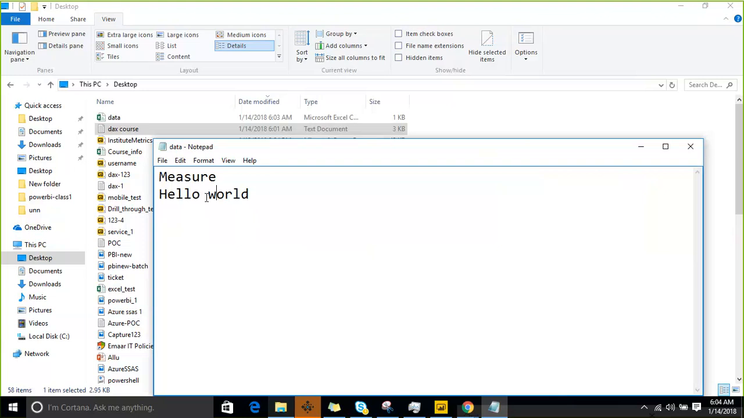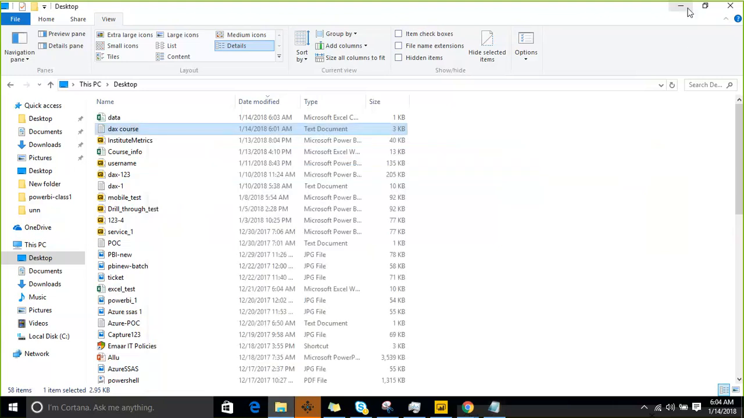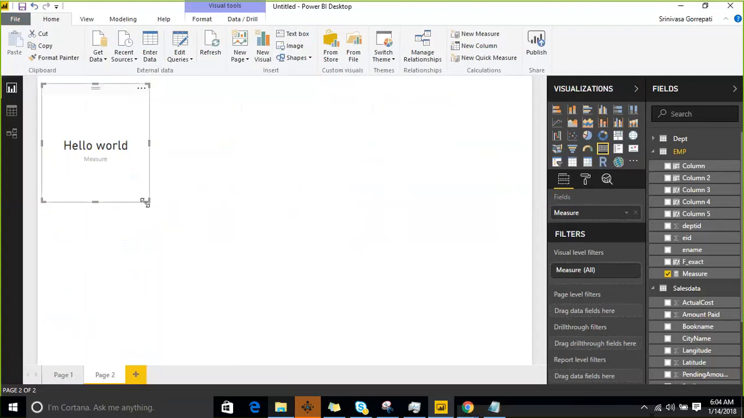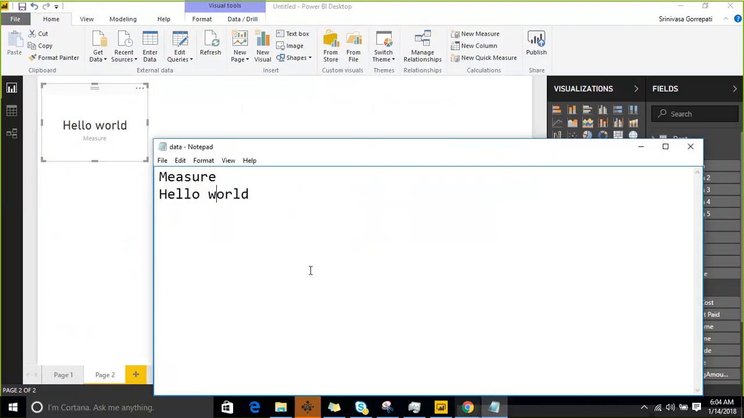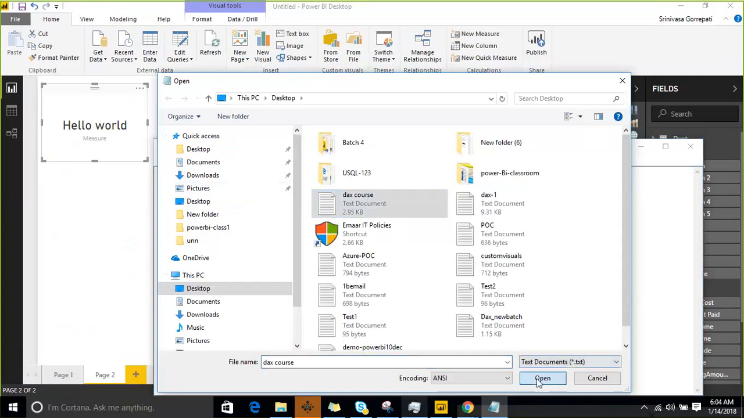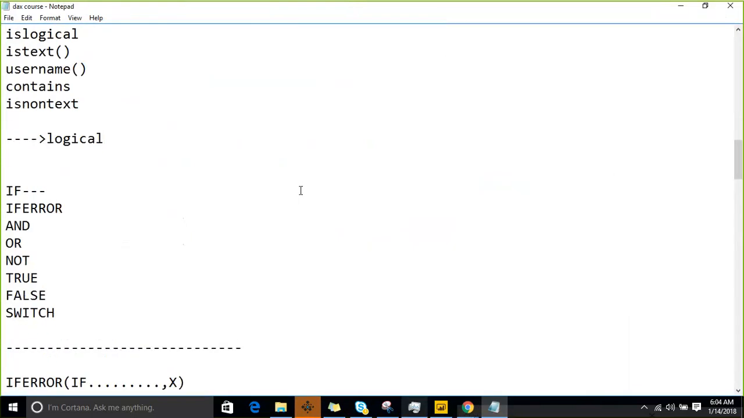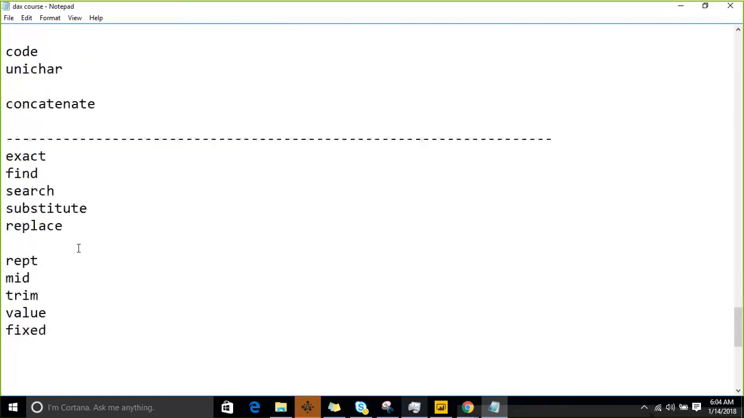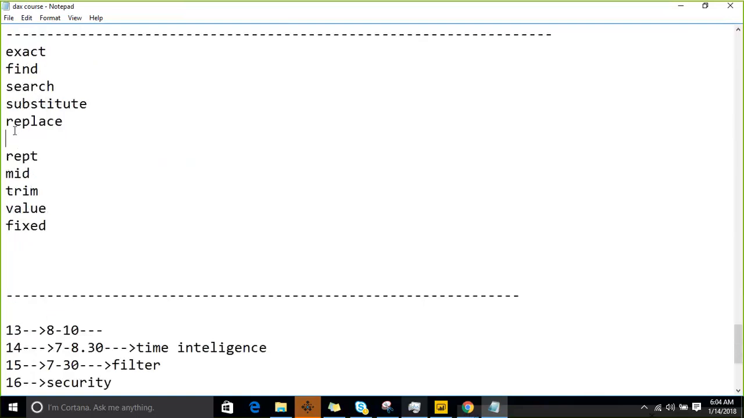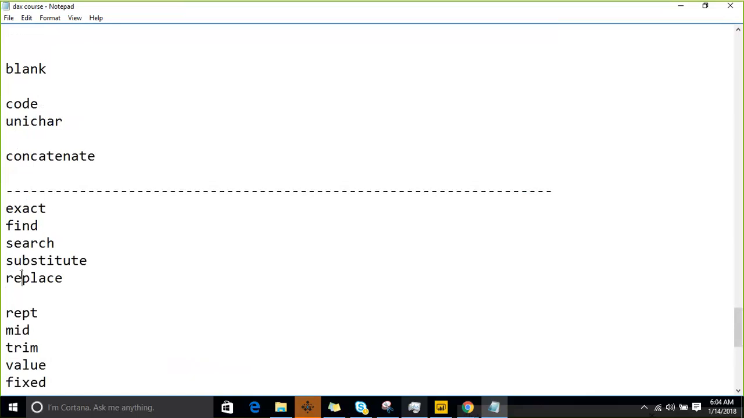The trim is going to remove all the leading and trailing spaces, and between the words, it is going to remove the extra spaces by keeping only one space. So trim will trim the spaces between the values or leading or trailing spaces. That is what the trim functionality is. And the next one is replace, repeat, trim, and